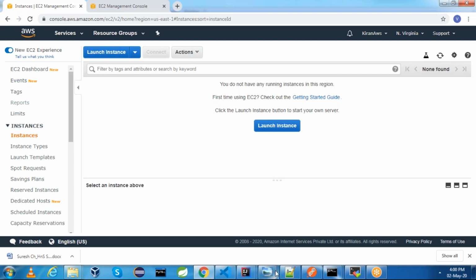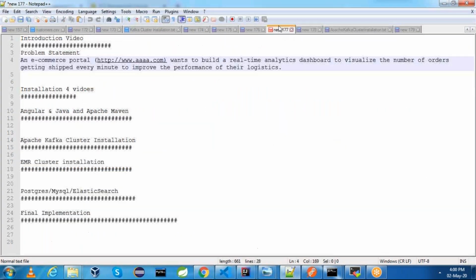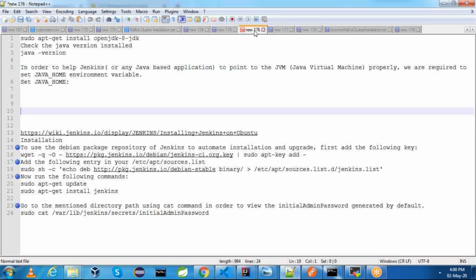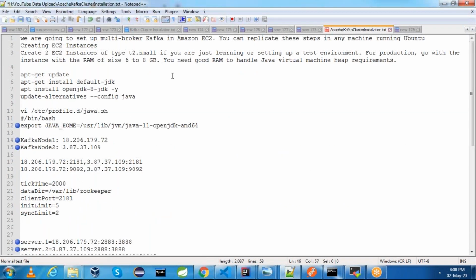But before that, we'll see some prerequisites which are needed for creating this cluster. To install Kafka, we need a minimum of 6 to 8 GB RAM for a production system. If you are using AWS for small or test environments, T2.small is enough.